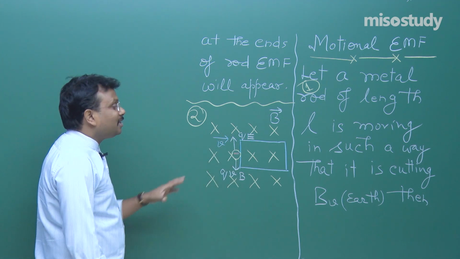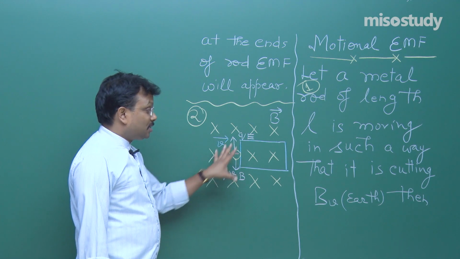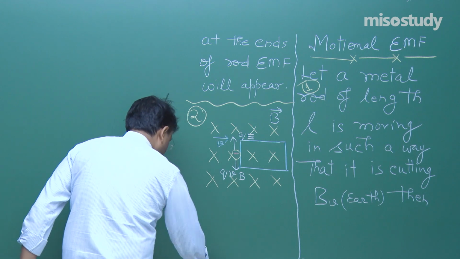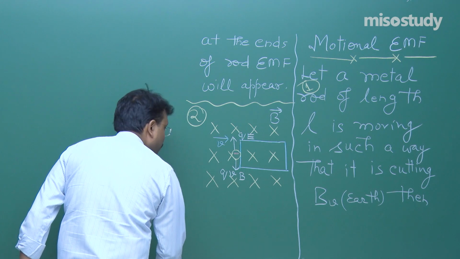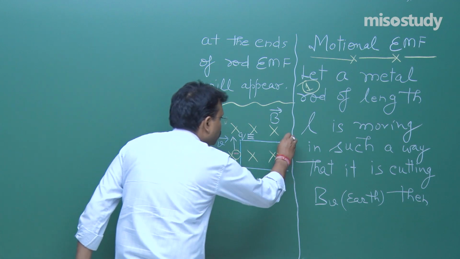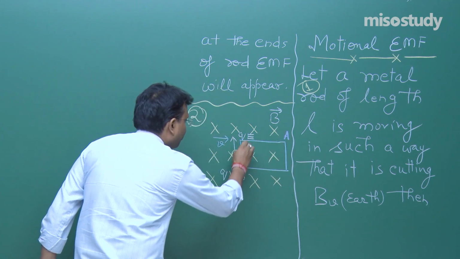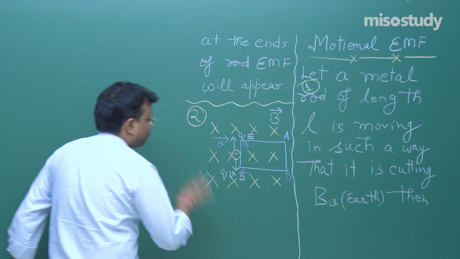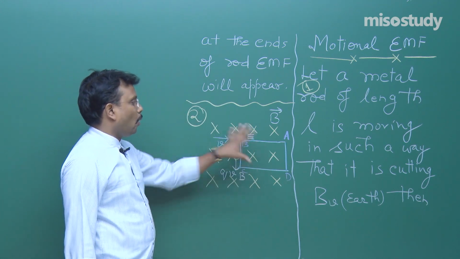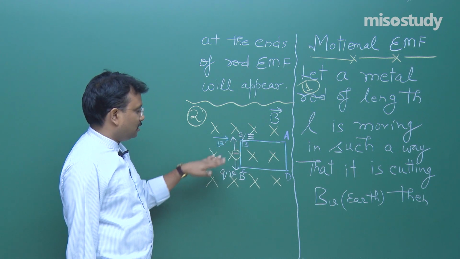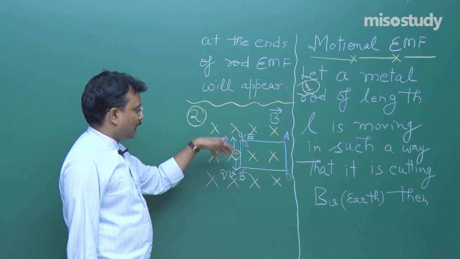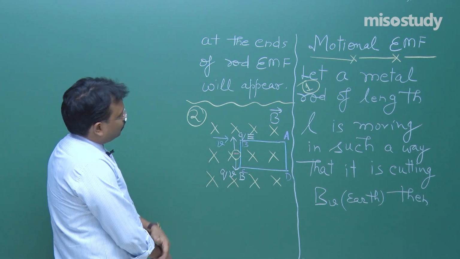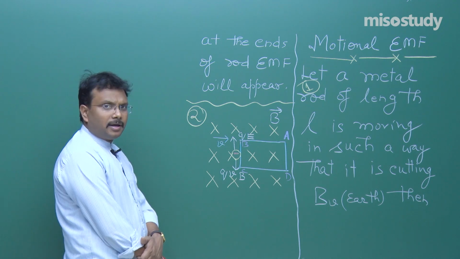Now, in both these examples, induced EMF will appear over here. Let us say the name of this rod is A, it is B, it is C, it is D. So, A, B, C, D is this coil. It is moving in this direction. So, on the electron there is this F_B magnetic force, and there is an electric force. Okay. So, in both these examples it is sure,